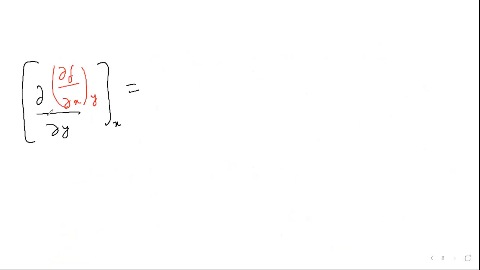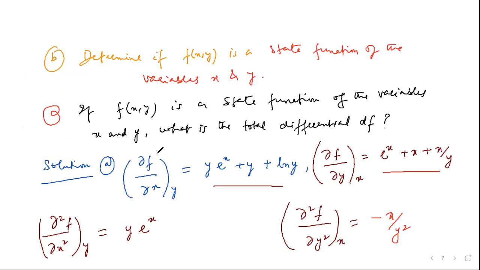So what I have to do, I have ∂f/∂x, that means partial derivative of the function with respect to x treating y constant. Then you have to differentiate with respect to y treating x constant. That means this is my ∂f/∂x treating y constant. I have to differentiate it with respect to y treating x constant,